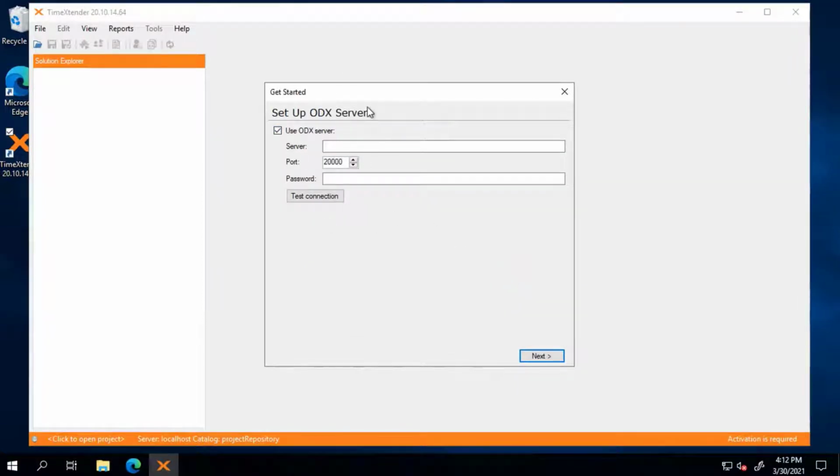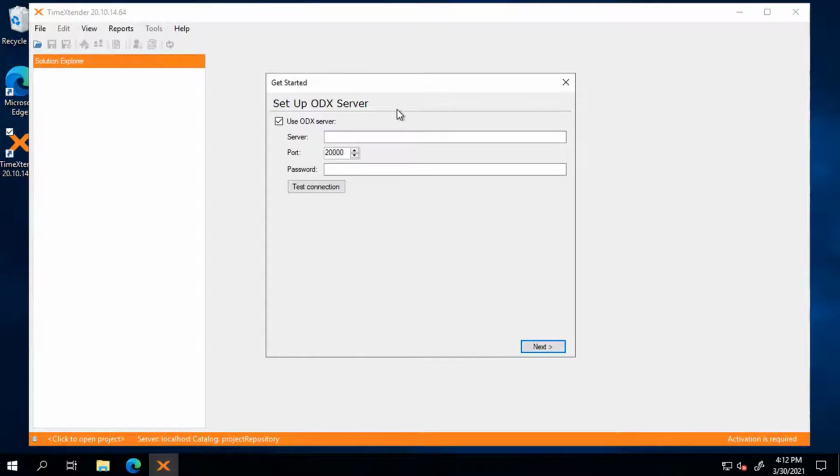And the next step in the configuration wizard here is to set up an ODX server. So we know that we already have an ODX server configured, and I can connect to that directly here. So the first thing it's going to ask me is the server. Now, this is the name or the address of the server that's running my ODX, right? So anywhere that ODX server service is running, I want to put in the DNS name or address to that machine. In this case, it's running on the exact same machine that I'm on,